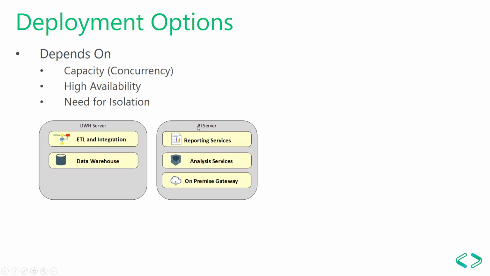split those roles, right? So the next pattern, and this is one that we do with some of our larger customers, going up to a couple of hundred users, right? So you might have 25 concurrent or something like that. In here, you'll have a separate data warehouse server and a separate BI server. And on the BI server is where the gateway is, because the gateway is going to be connecting to the analysis server. This works quite well after you get to a couple of 100 or 200 users, 10, 15 or 20